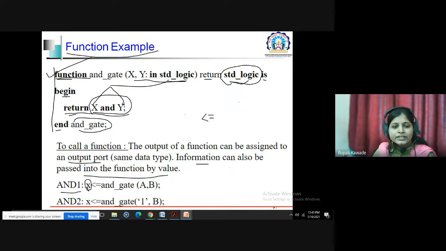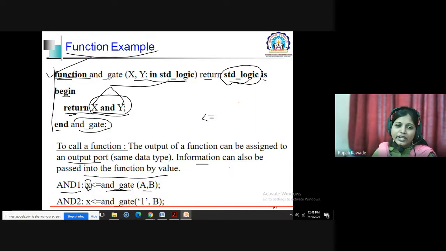So here x gets, and this is the name of the function, AND gate, and in brackets you are passing a comma b. So what is this a comma b? These will be some std_logic data type. a will have some value, either 0, b will have some value 1, so we have to perform its anding, and whatever result the function returns will be assigned to x.